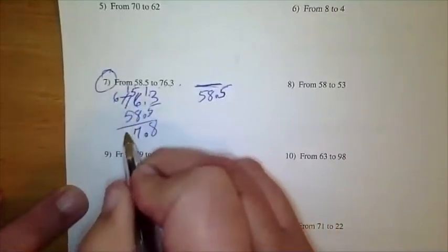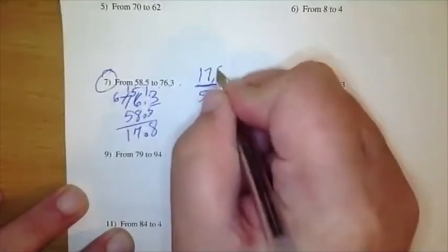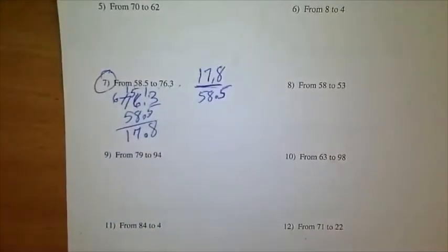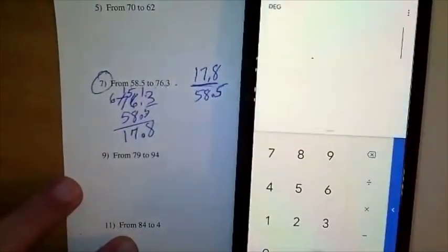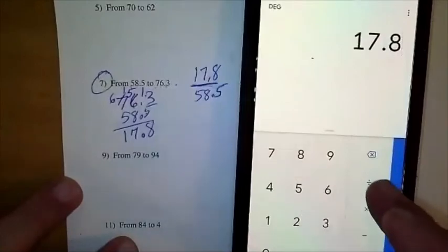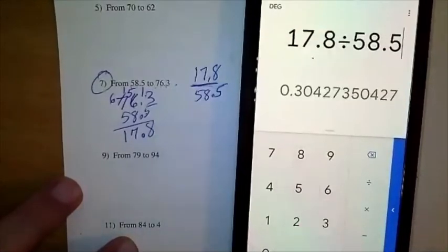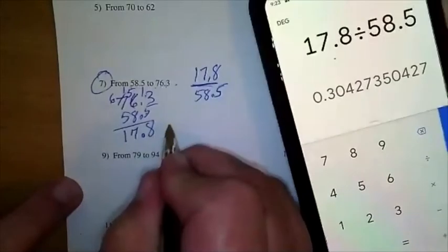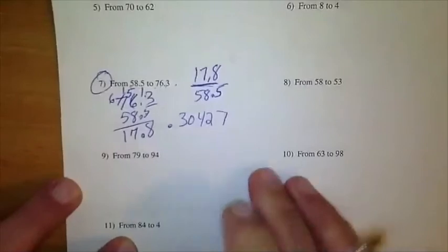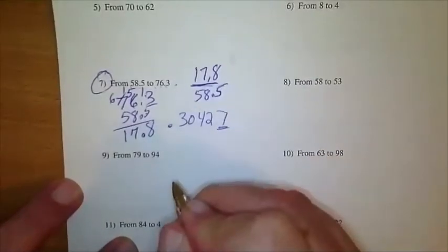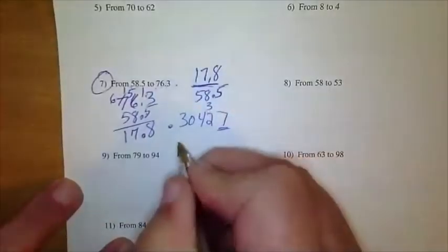And 6 minus 5 is 1. So I get 17.8 is the amount that it changed. So remember, now that it's changed, I'm going to do 17.8 divided by 58.5. And I get 0.30427. Now, this 7 is 5 or more, so that means this is going to go up to 3, so